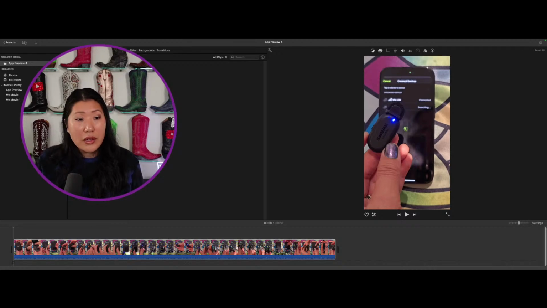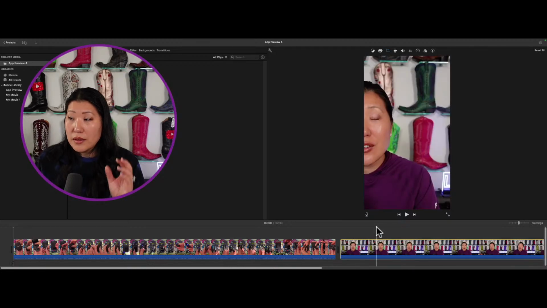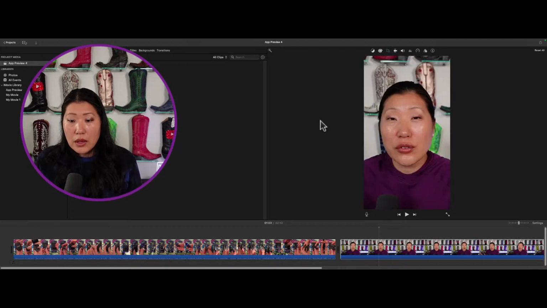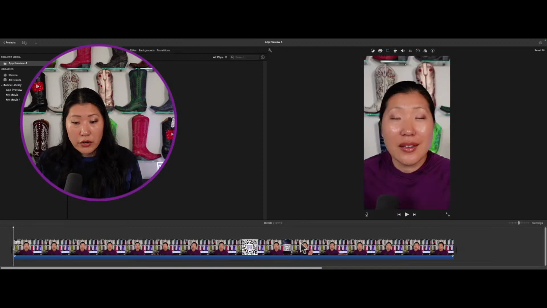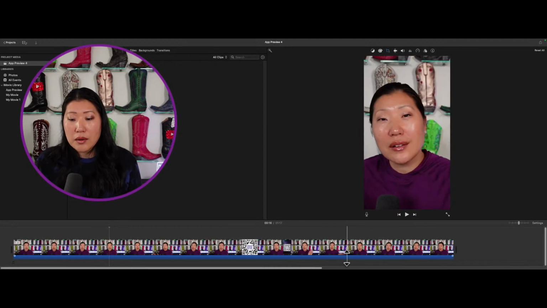And now if I drag in that next one, you can see, right, that it has cut it off and kind of shown you where that crop is going to be. So this is where we could go into that crop, move that bounding box here, so that basically it's deciding where that is going to be. And once we're done with that, then we can delete the first, and the project will still remain as a 9:16.